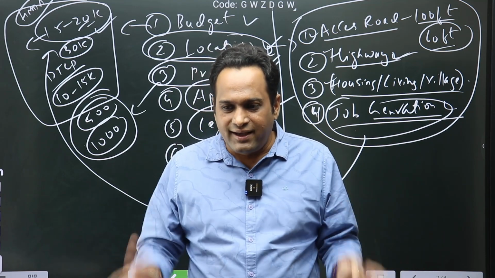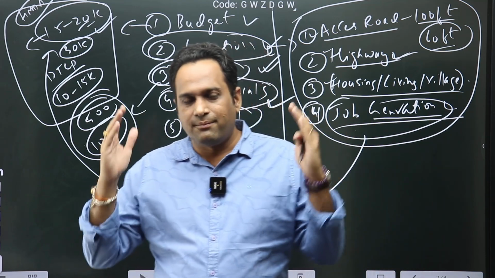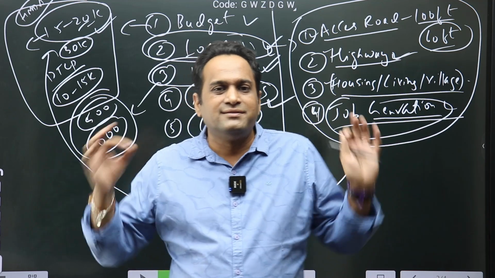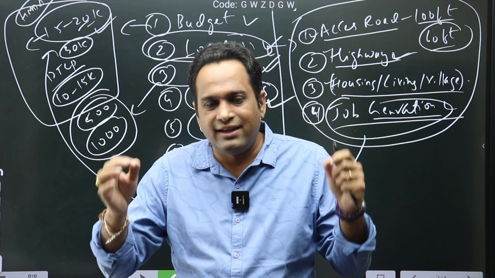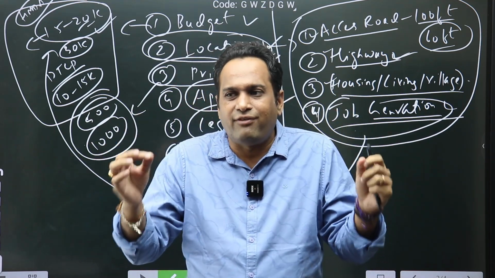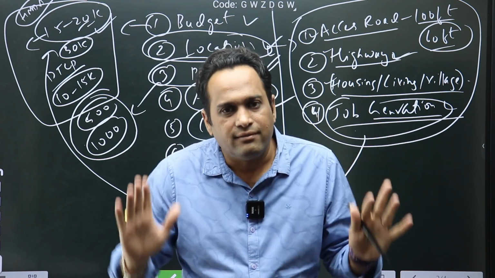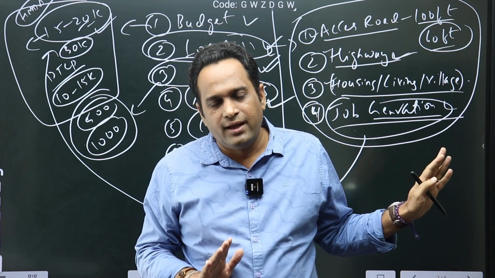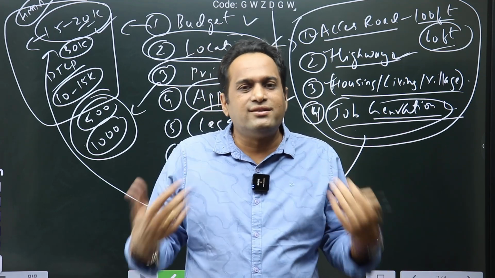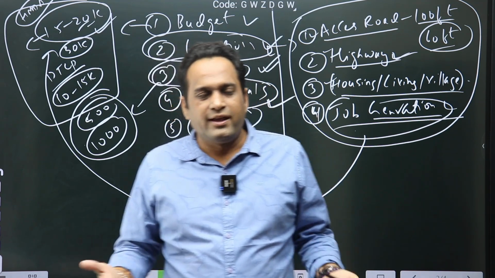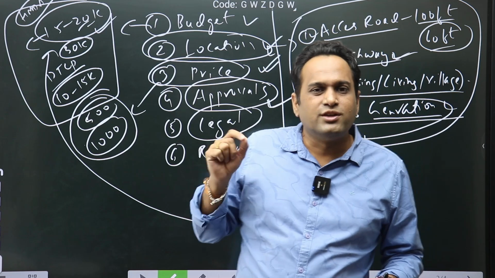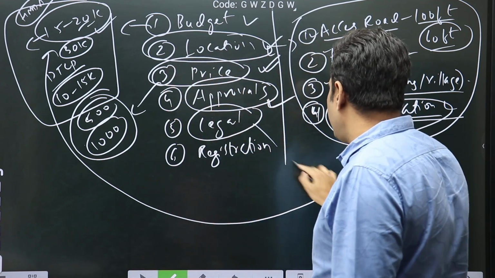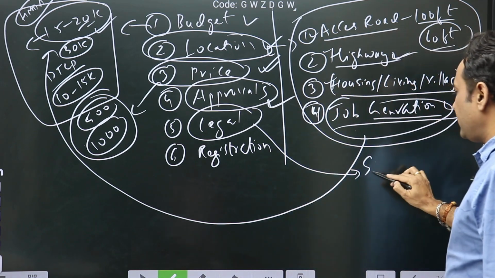Which means if the work is happening, the roads are being laid, the parks are being laid, the drainage is being laid, boundaries being laid, which means that is clear title land, legally safe land. 90%, 95% you can tell it clearly that there is no legal problem in this project. Okay. But still, for your emotional satisfaction, because you're buying a property spending lakhs of rupees, you can do some legal verification. Now, what kind of legal verification you can do? You can check for some documents. First, check for sale deeds.